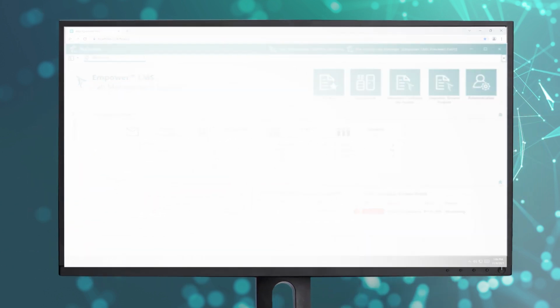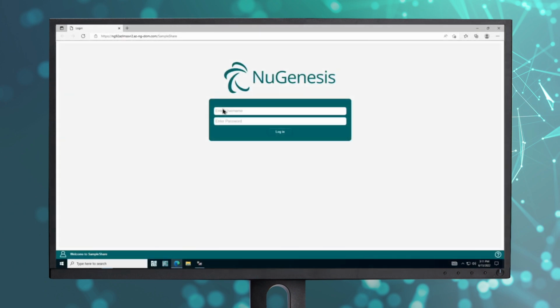In this demonstration, we will submit a sample for analysis to the laboratory. Then the laboratory will analyze the sample and release the results back to the submitter. As we perform the demonstration, we will talk about how it all works and provide an overview of some of the useful features of the software that are designed to help your laboratory be more productive and compliant to current regulatory expectations.